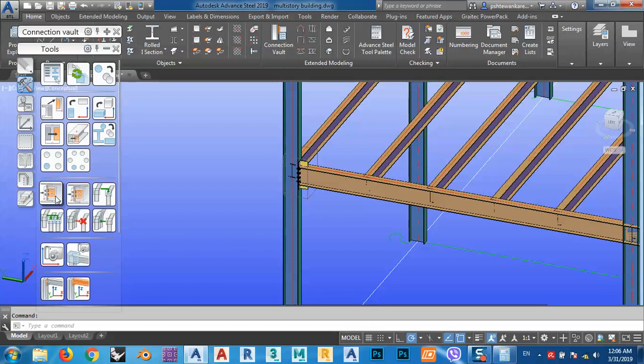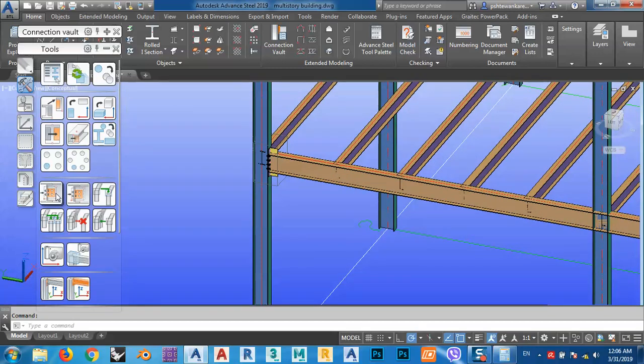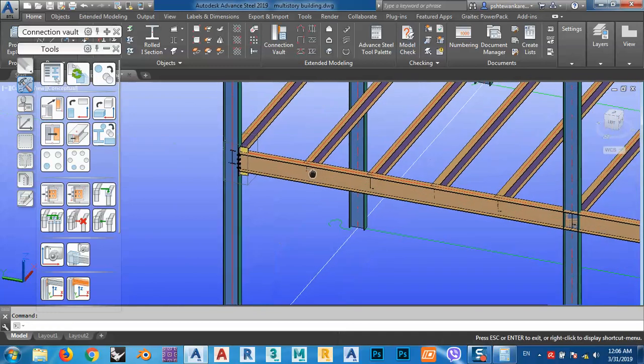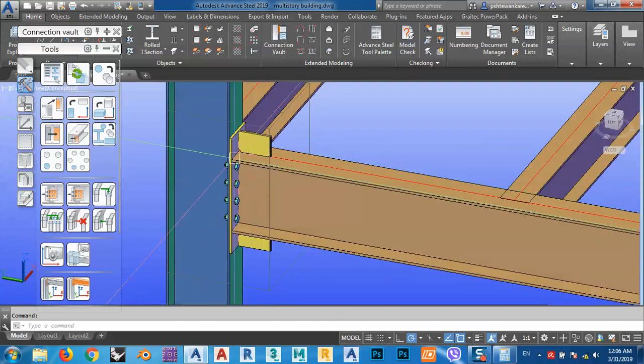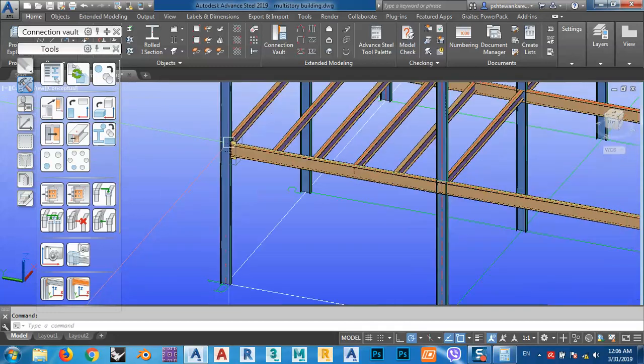This is the copy, and it will not be the same group. So for example, if I copied with this one, when I make some changes to this joint, it will not be applied to other joints. But while I'm using this one,